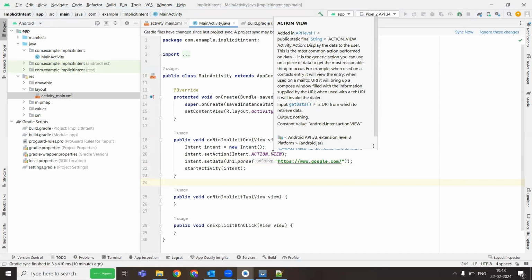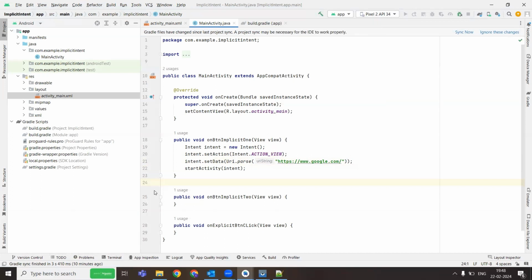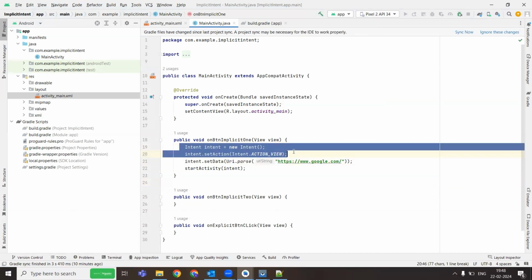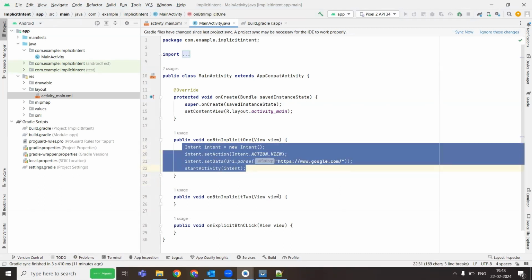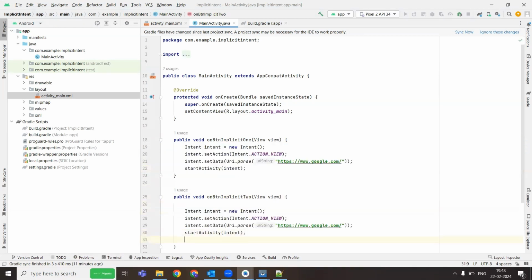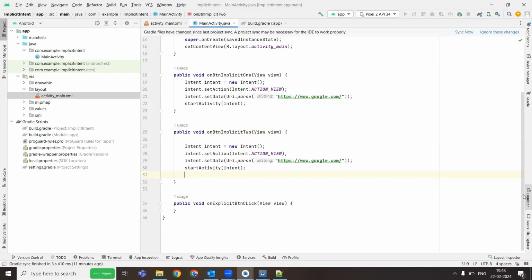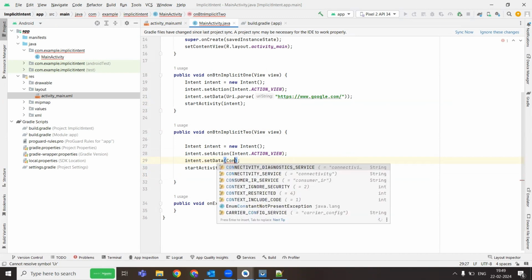So same thing. Let us try to do another implicit intent. Same action here also. So basically we'll try to use the same thing. I'll just say intent equal to new intent. Again I'll just say action view, but instead of passing data, maybe I'll try to open the contacts page. I don't know whether my mobile has that access or any privacy restrictions. So instead of URI parse, instead of passing the URL, I'll just get the contacts page. So I'll just say